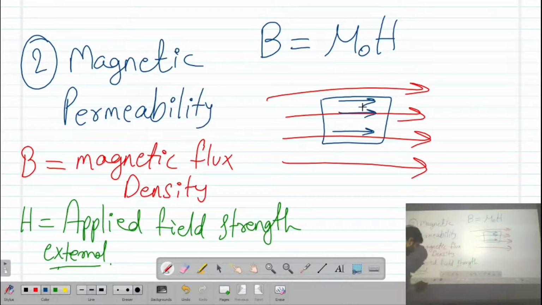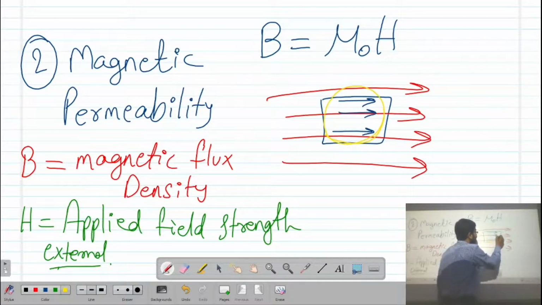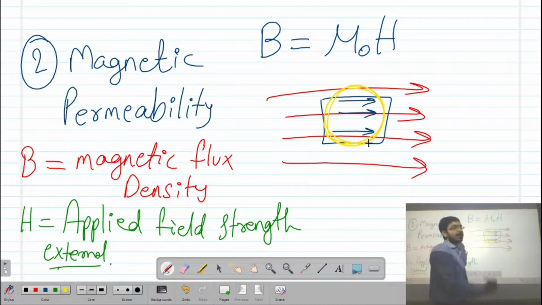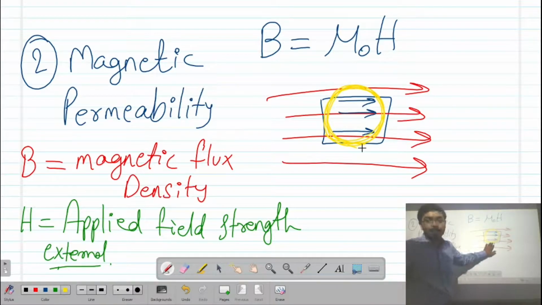If magnetic dipole moments are there, then combining the magnetic dipole moments, they will generate a magnetic field. They will generate a magnetic field. Now this field will have a flux density, right?